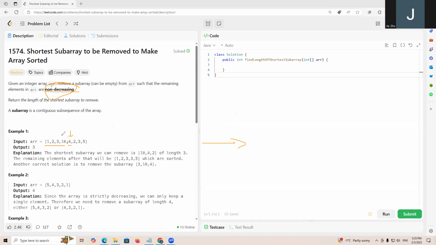Then we put the index here, for example u. That means the part from index 0 to u is non-decreasing. We can also do the reverse part, where we find from 2, 3, 5, that is a non-decreasing part. So for our array, we have two parts: this part is non-decreasing, and this part is also non-decreasing. And we have a choice that for the first part, we don't select anything. So that means one candidate for our result is